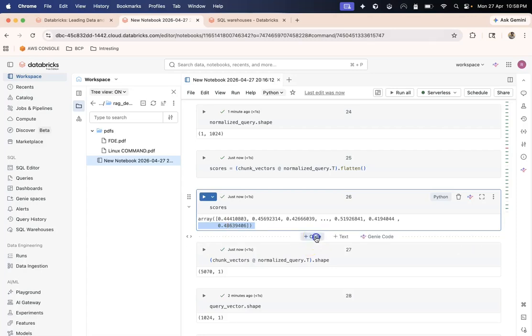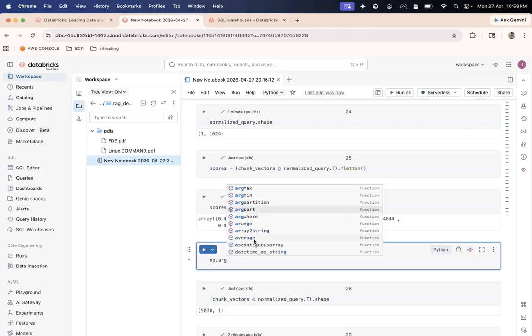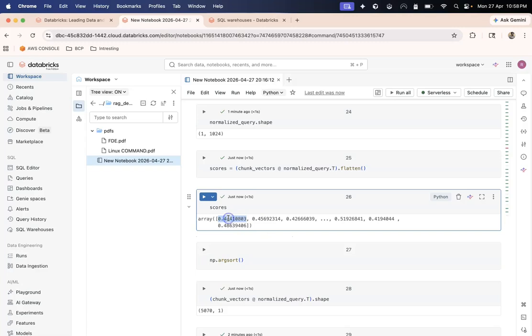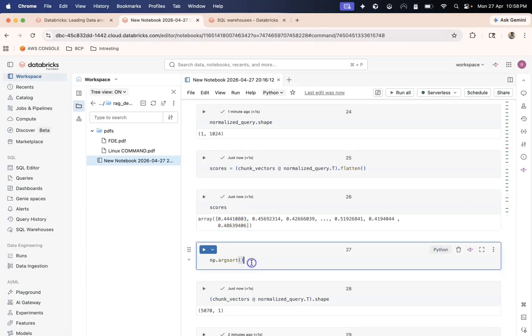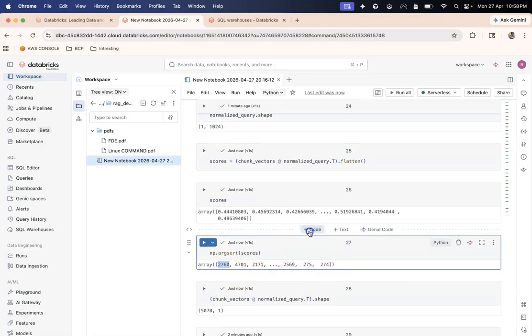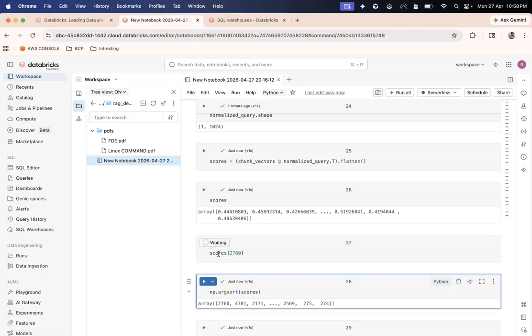Now what I can do is sort these. So I will do something like np.argsort. I don't want to sort the numbers, I want to sort their arguments, that is the indexes. So I will do something like scores and let's see what we get. We are getting this index. Let's check this index. I will take the scores and type 2760 and see the value.